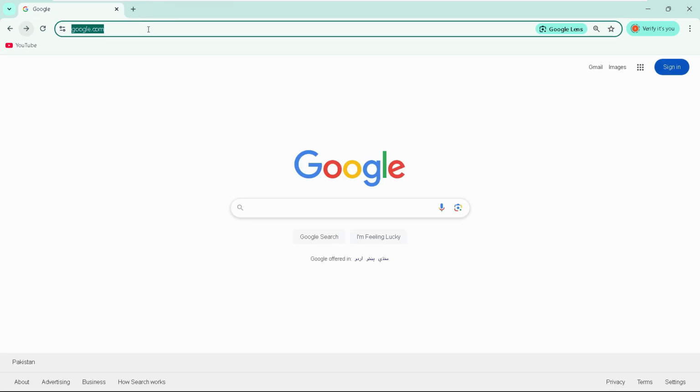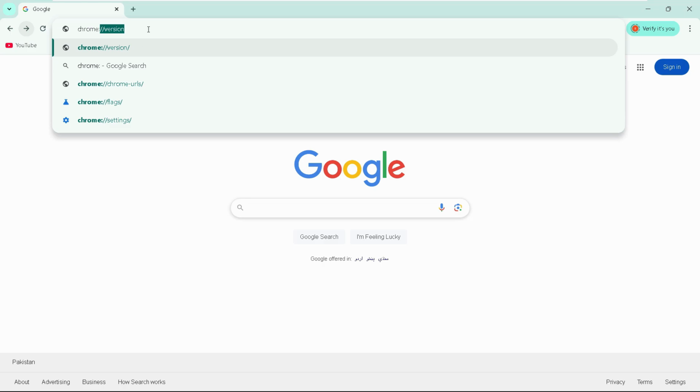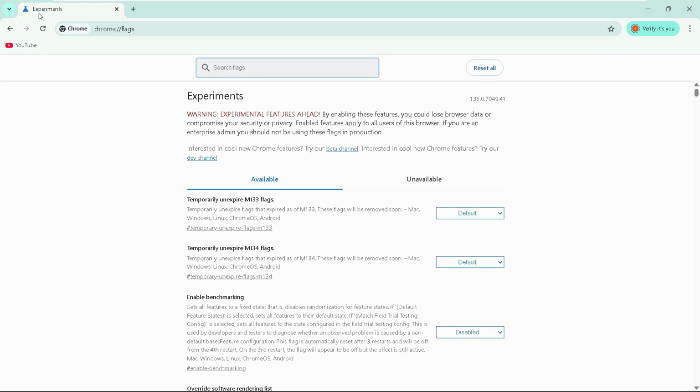And here we need to write something. We need to write here chrome. Just make sure to put a colon sign, //, and then write here flags. Hit enter. And it will take you to this experiments tab, where in the search flags, we need to write